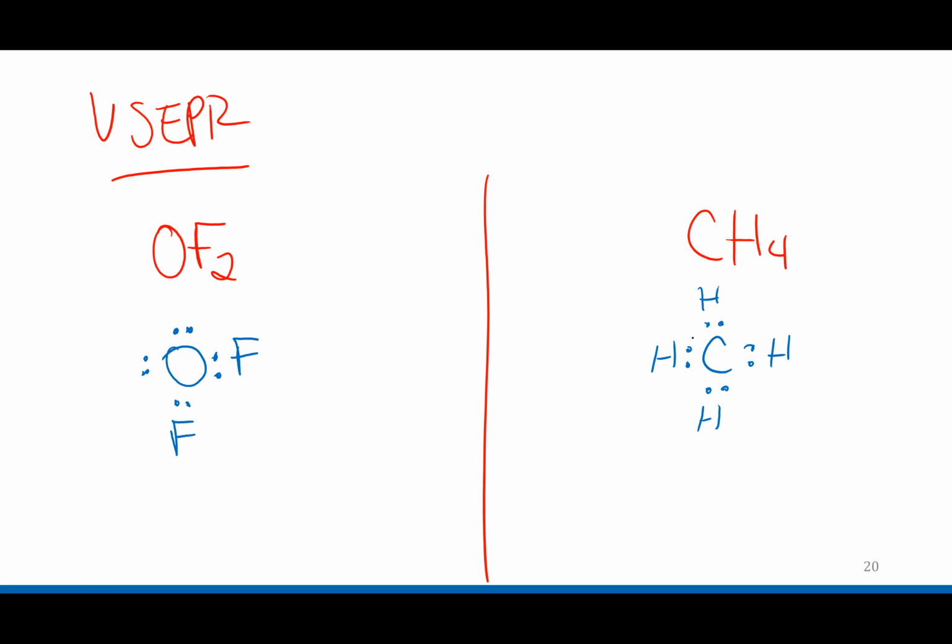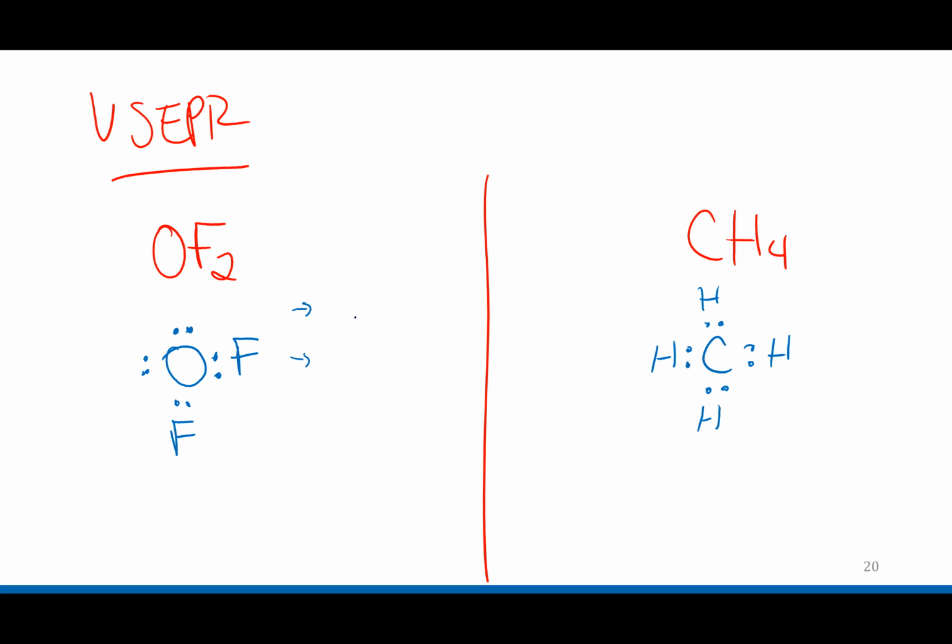So on your exam, you will be expected to do two things. You will be expected to name the shape. You know, is it bent? Is it linear? Is it trigonal planar? And then you will be expected to sketch the shape, meaning draw it in three dimensions, which is way easier than it sounds. So when you're naming shapes, or when you're trying to figure out the shape of a compound,